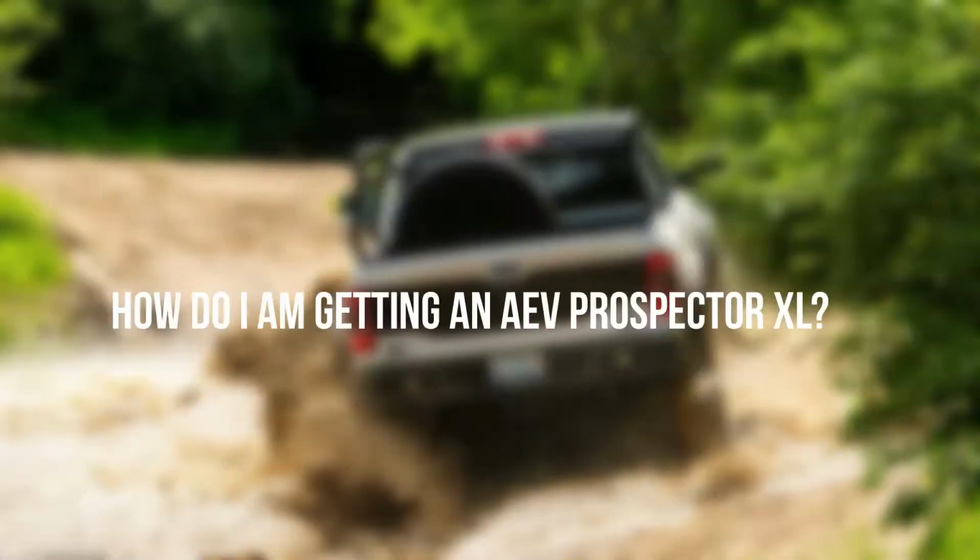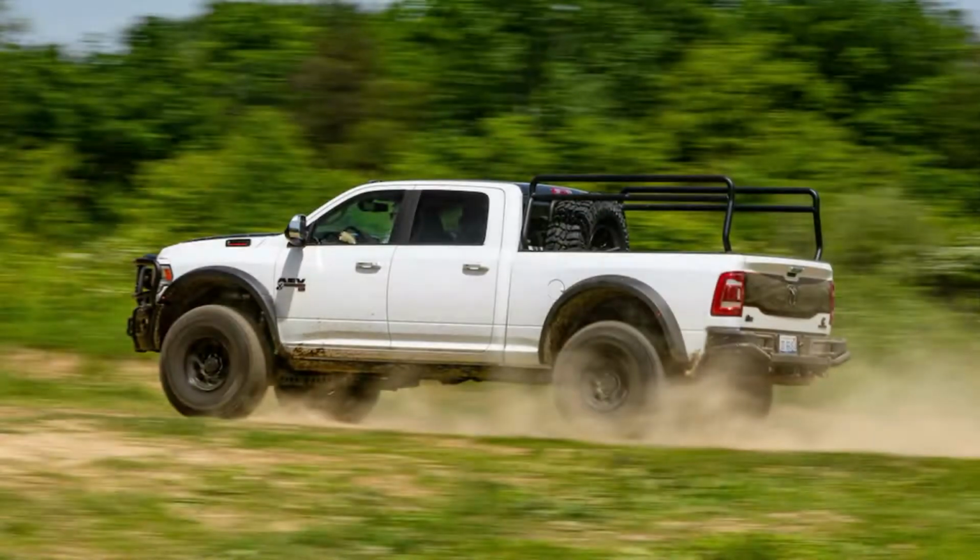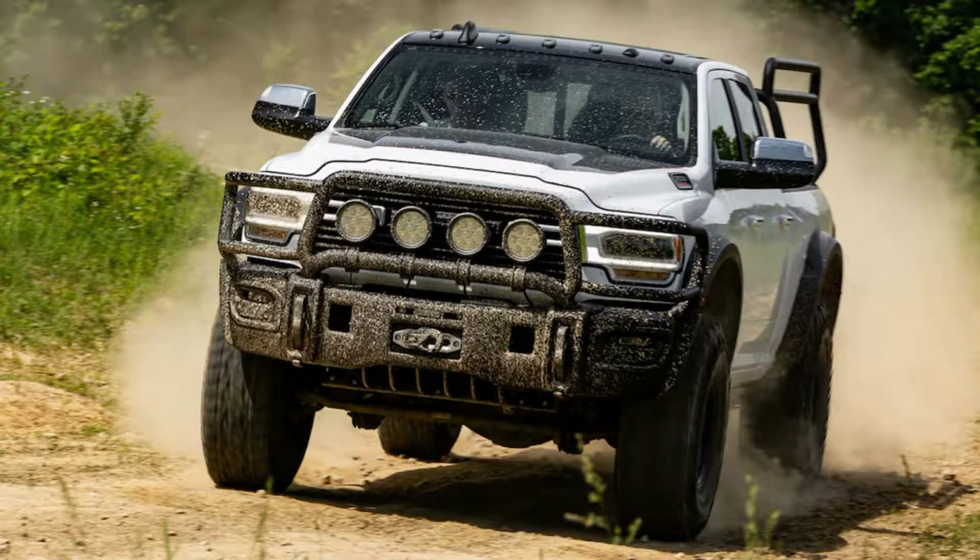How do I get an AEV Prospector XL? When you have a low mileage cutting edge technology Ram or Jeep, it's never been wrecked, AEV can upfit it for you, but maximum builds are ordered new through AEV's online configurator and brought via one of its 100 dealers. The supplier allows getting the inventory truck built, shipped to AEV for the upfit, then shipped